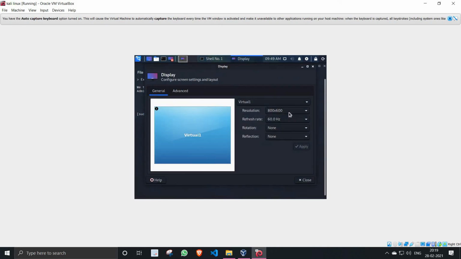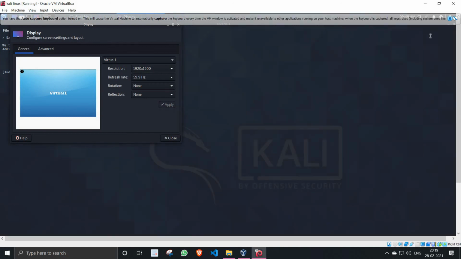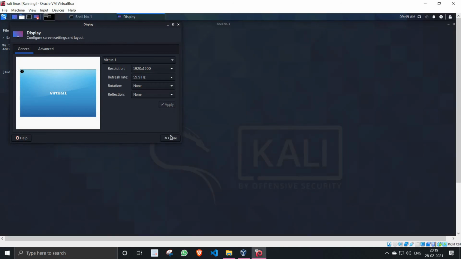Click on your PC screen size, whatever you have. Apply. Now it will adjust automatically. Okay, close.